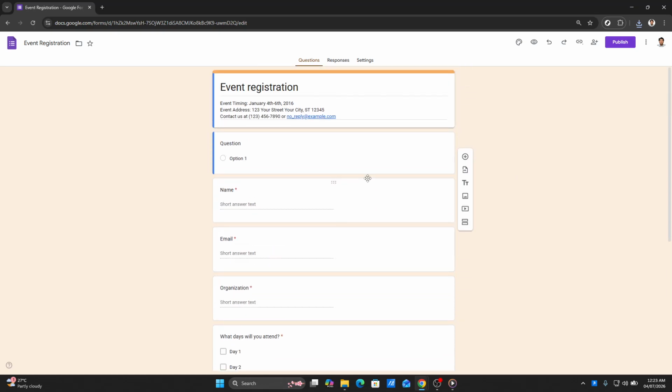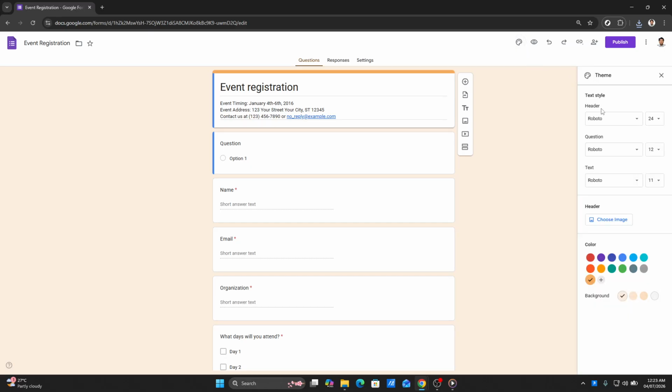Once you have your form open, look towards the top right corner of the screen, where you'll find a small palette icon. This is the theme icon, and clicking on it will open up various customization options for your form. By clicking this icon, you can start to personalize your form to better suit your needs or the theme of